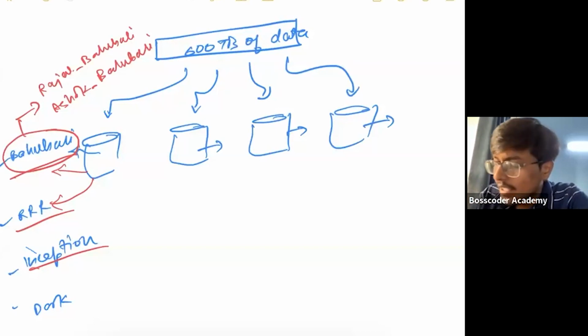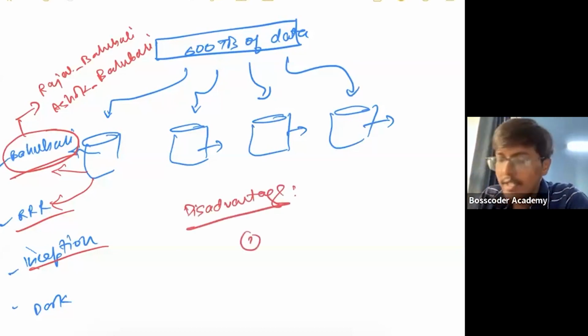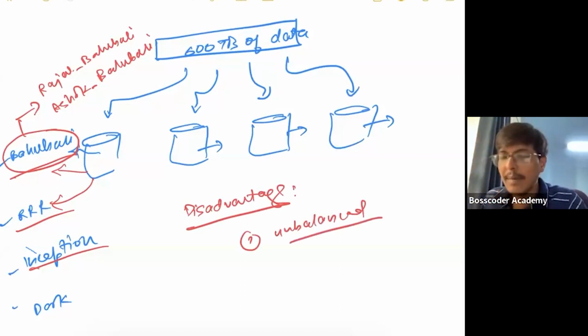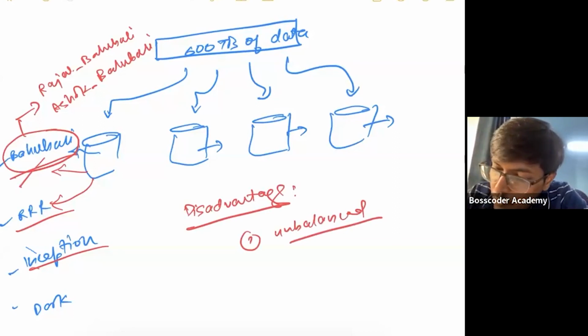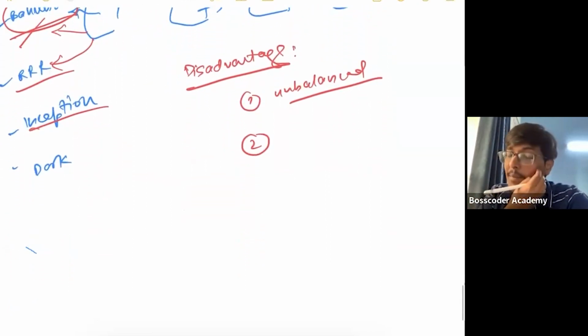Yeah, so one disadvantage will definitely be somewhat like what Bhaskar has mentioned, that sharding will be unbalanced. For example, Bahubali might be more watched, so there might be famous movies, and there might be unfamous movies. Make sense? The biggest problem is that it will be very, very slow.